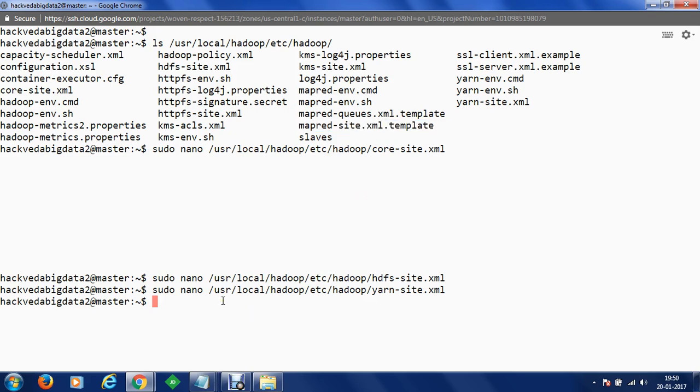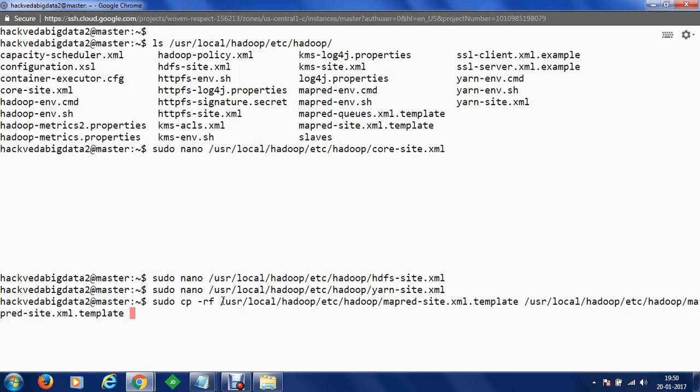To do this, we can simply copy recursively and forcefully the file from /usr/local/hadoop/etc/hadoop/mapred-site.xml.template to the file /usr/local/hadoop/etc/hadoop/mapred-site.xml.